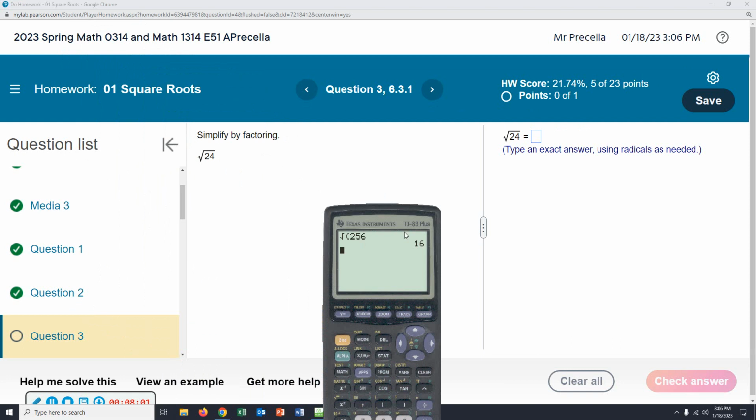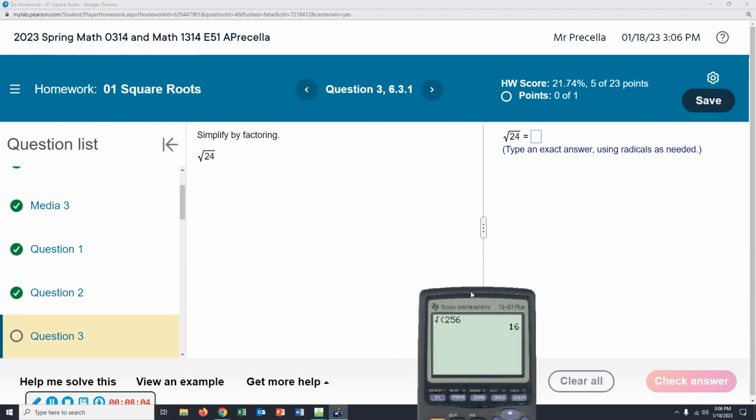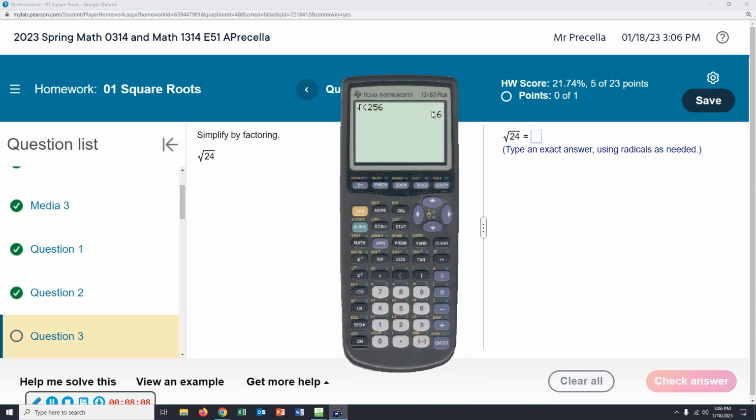So there are certain numbers that we refer to as perfect squares. Those are the numbers whose square root is an integer, not a decimal number. If we looked at something like the square root of 24, we get a decimal number. Well, in algebra generally you do not want decimal numbers. So how do we simplify a square root that's not a perfect square under it? Well,